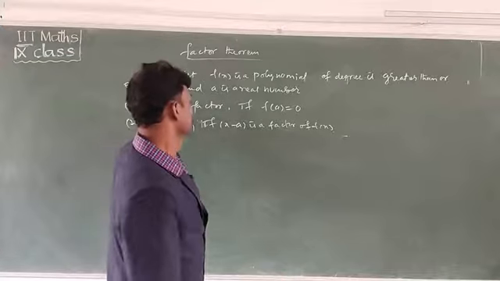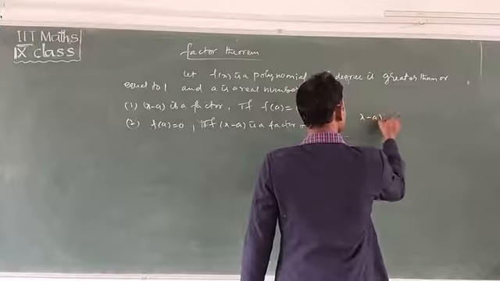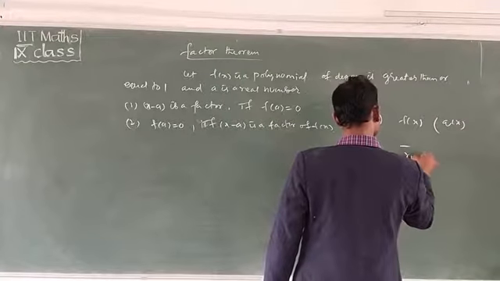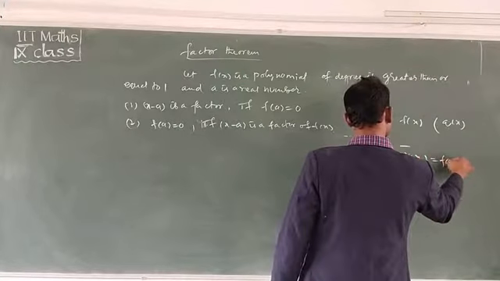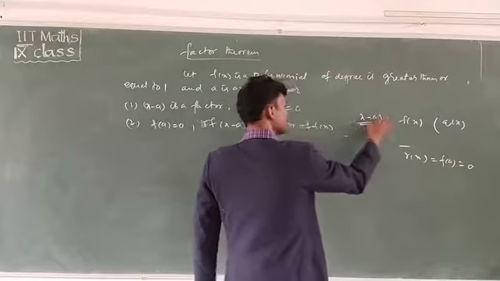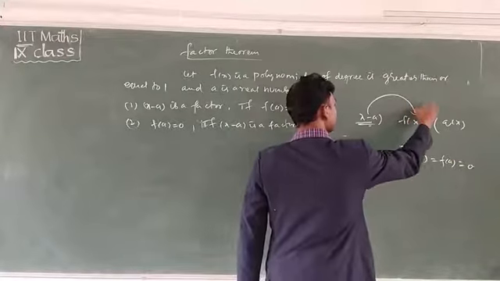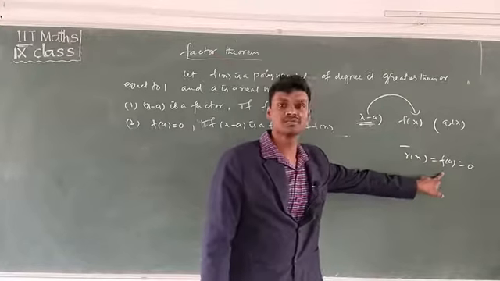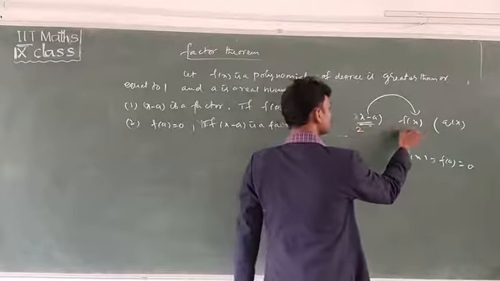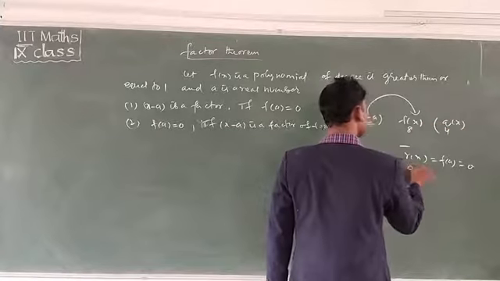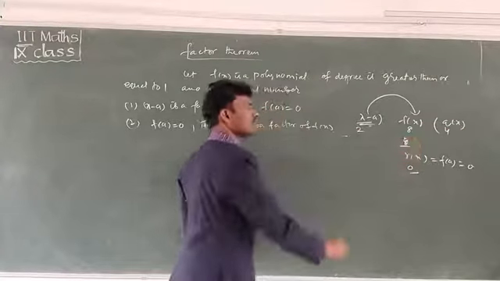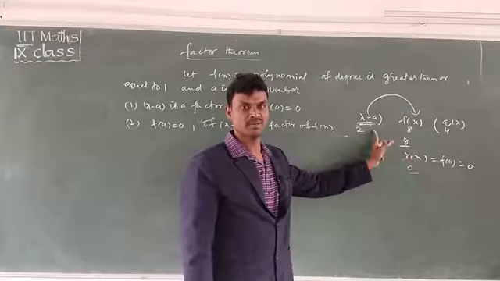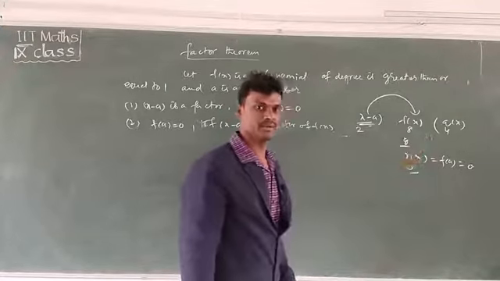See here, x minus a, this is f of x, this is q of x, this is r of x. Here r of x is equal to f of a. If x minus a is a divisor, a factor of this polynomial, then the remainder is compulsorily 0. Suppose you take a number, 2 times 4 is 8, this remainder is 0. Understand? If the remainder is 0, then x minus a is a factor of the given polynomial.